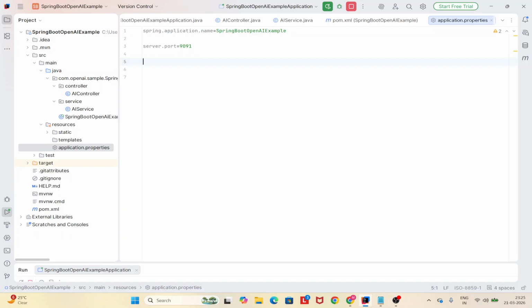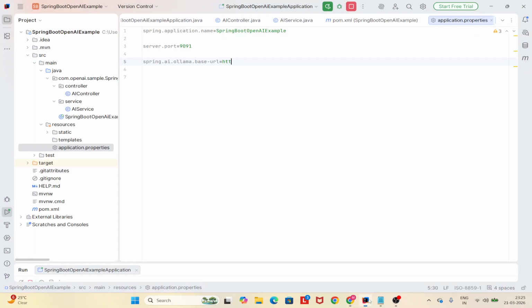Now what else will we be doing? We will now be defining the Ollama properties. So spring.ai.ollama.base-url. Here, the URL which we copied from where you have been running it, just copy this URL. Just remove the slash, it is not required here. Then